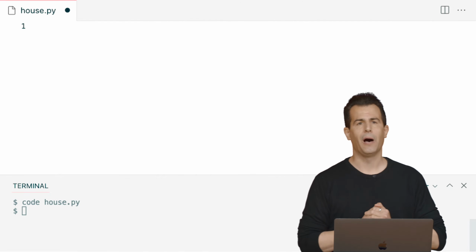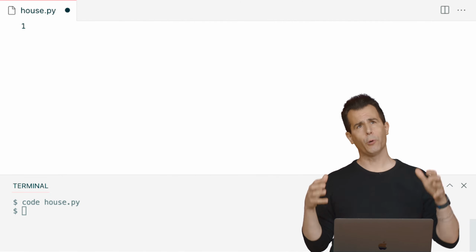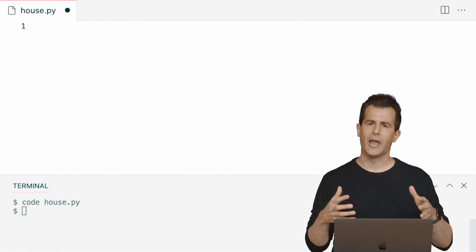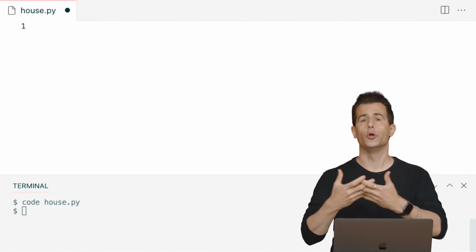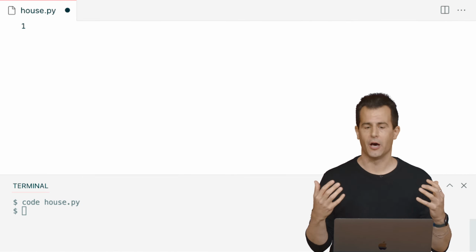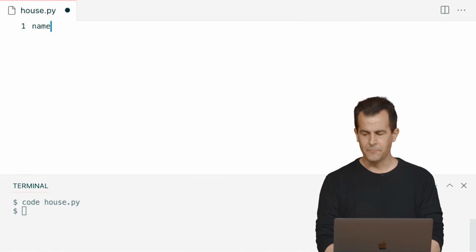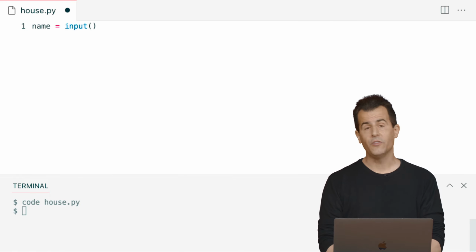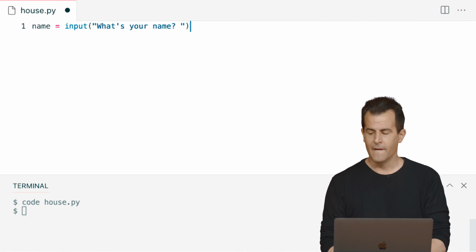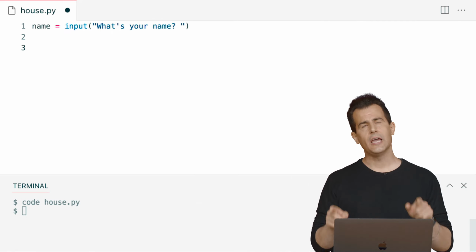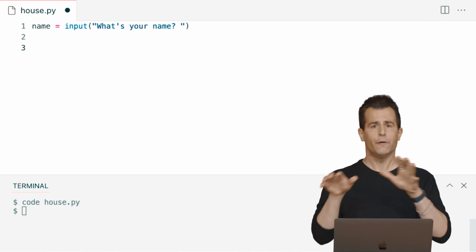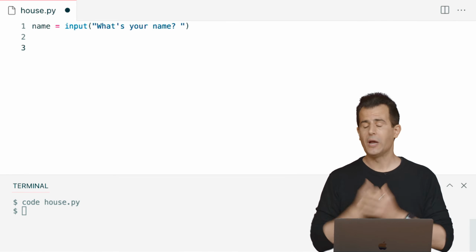And in house.py, I think what we're going to do is try to implement a program that prompts the user for their name and then just outputs what house they're known to be in the world of Harry Potter. So for instance, let me go ahead and do this. Let me give myself a variable called name, set it equal to the return value of the input function, and I'll say something like, what's your name? And then after that, I'm just going to use a traditional if else construct